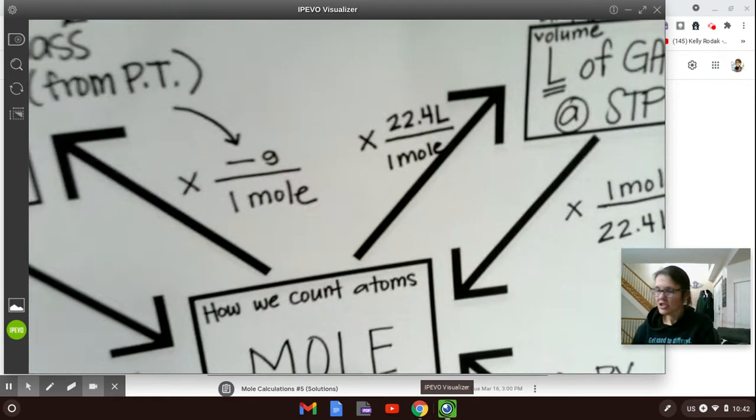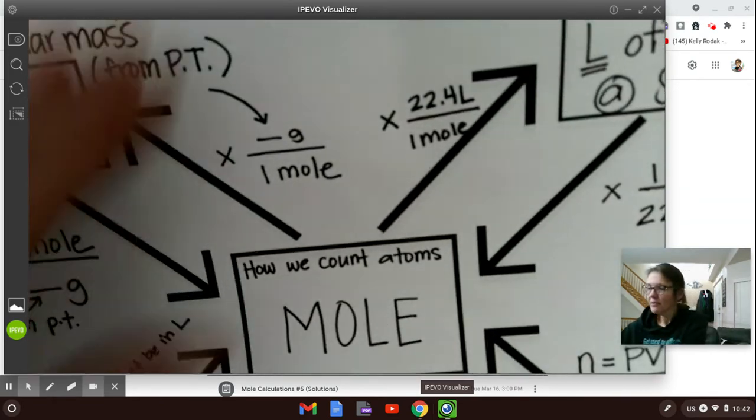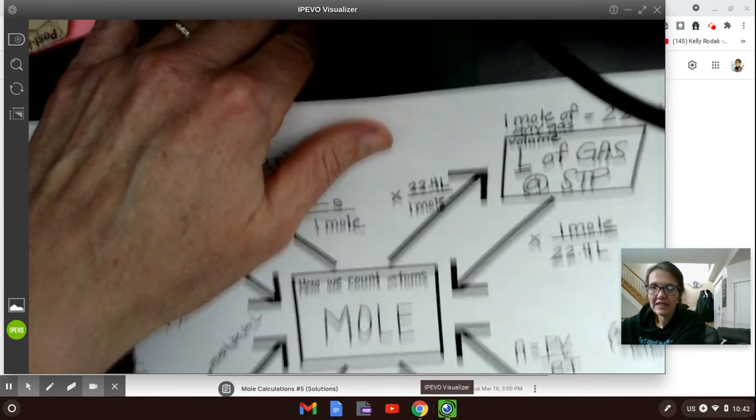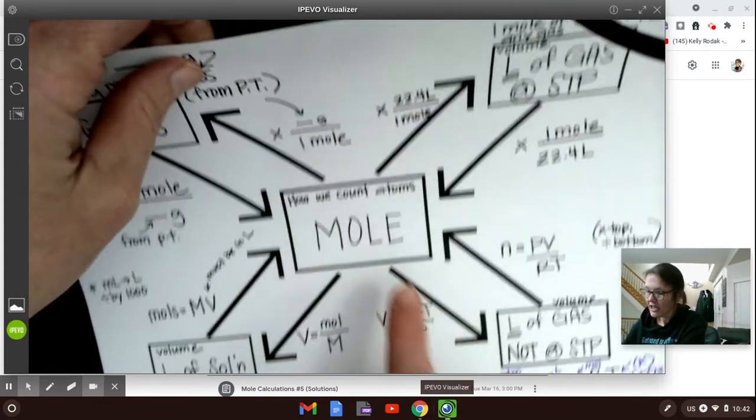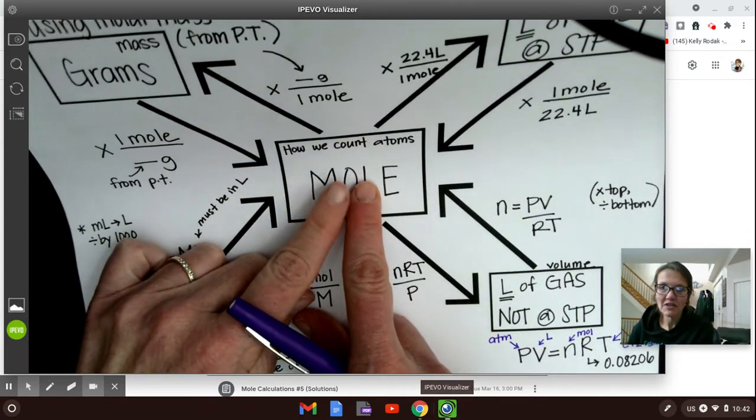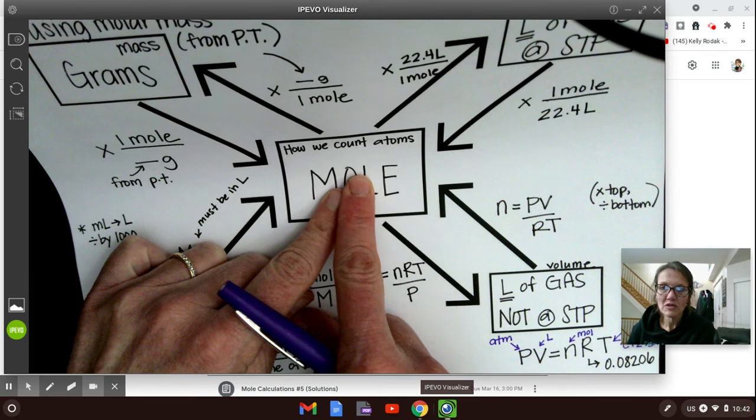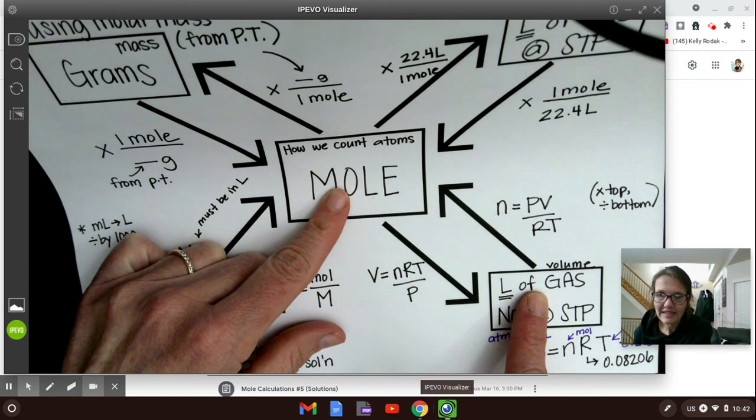So the problem provides us with moles, right? So we are going to start here on our map. Sorry, now it's too zoomed in for my map. We're going to start here at the center on my map because I know the number of moles of the gas is going to be equal to